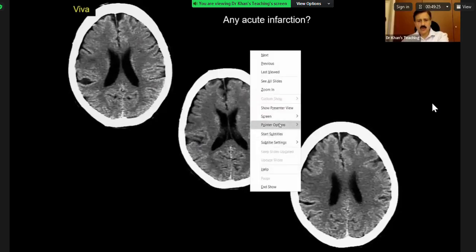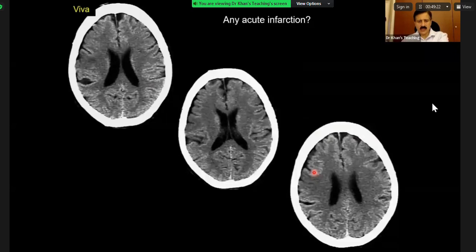Okay. So if you see here, look at this. Look at the sulci, and the gyri are high density, because that is gray matter. And at this location, we lose it. At this location, we lose the gray-white matter differentiation, and again here. So